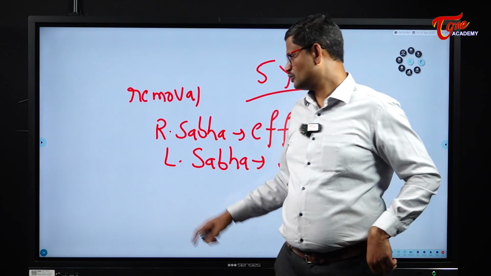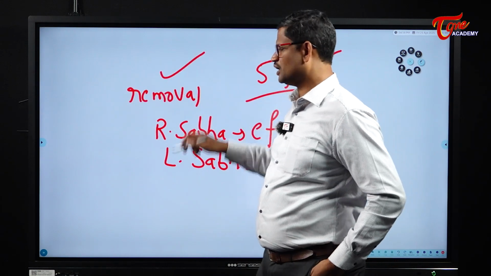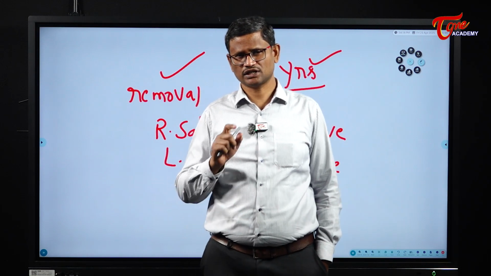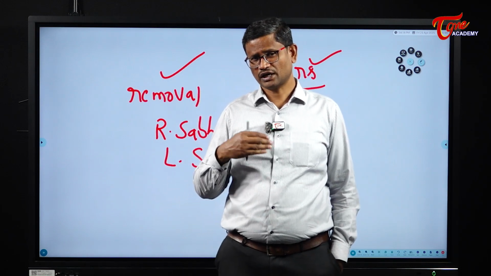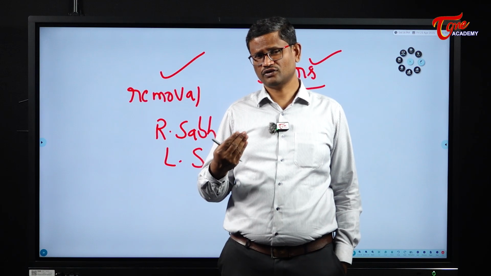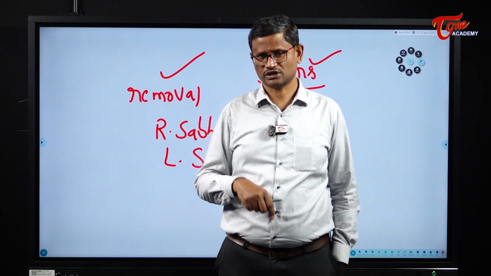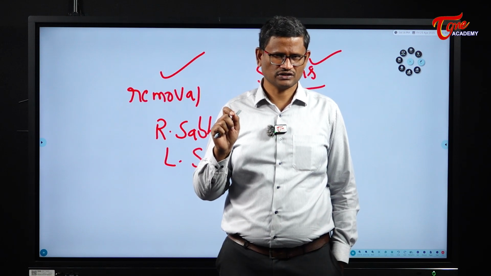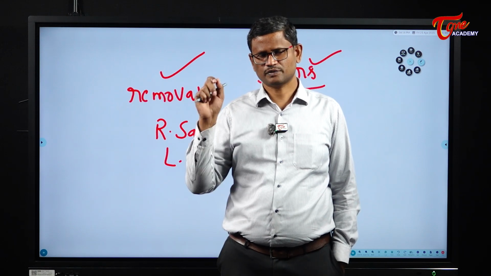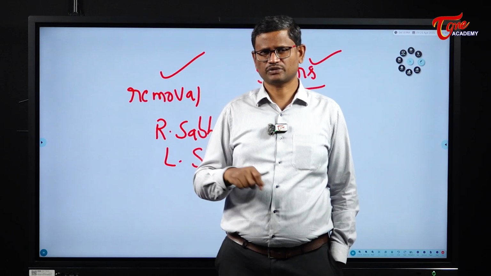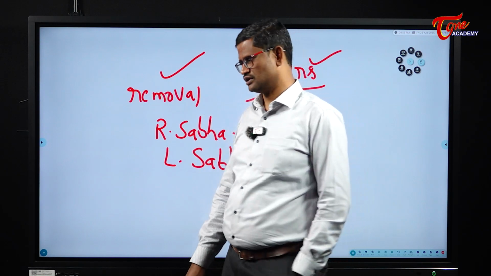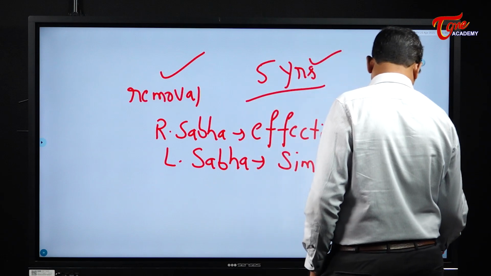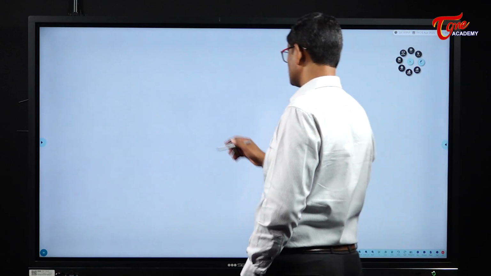So the Vice President of India, in addition to acting as the chairman of Rajya Sabha, can also act as the President of India if a vacancy arises in the office of the President. For any reason, if a vacancy arises in the office of the President, the Vice President can act as the acting President. That's about the Vice President of India. Then let's move to Prime Minister and Council of Ministers.